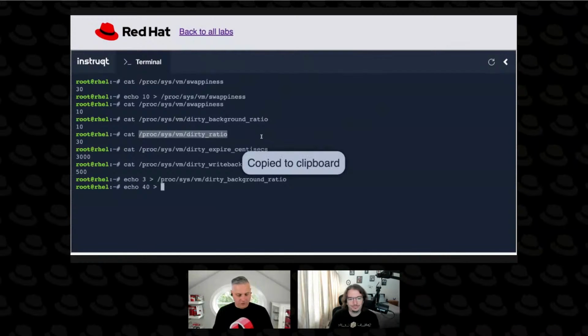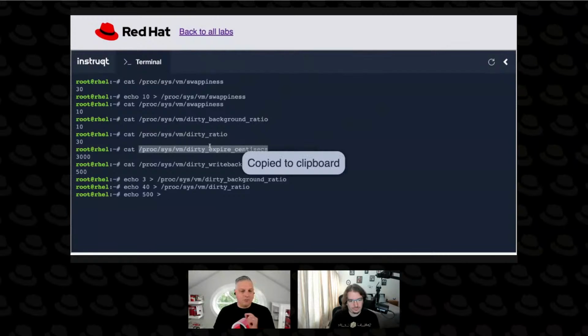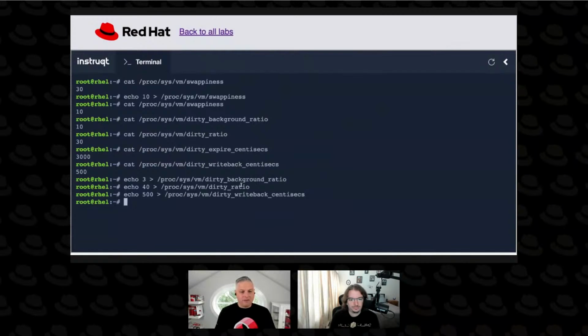We're going to take dirty ratio from 30% to 40%. We're going to take dirty pages expiring from the page cache from 30 seconds to 5 seconds. And we're going to update this writeback centisecs to take its activity from